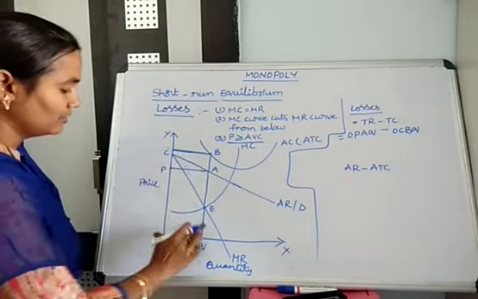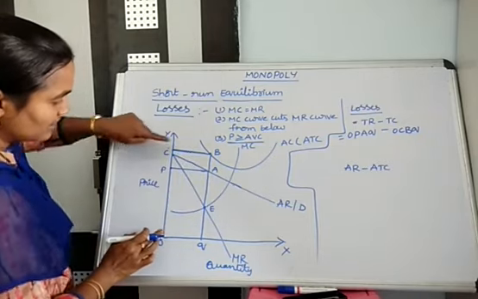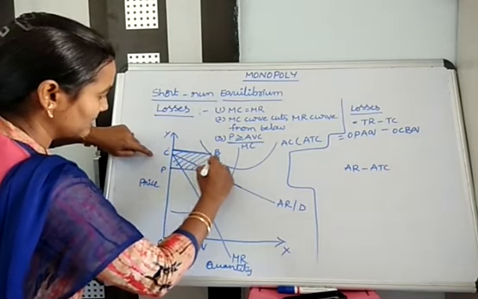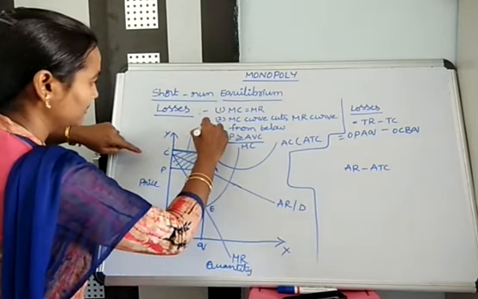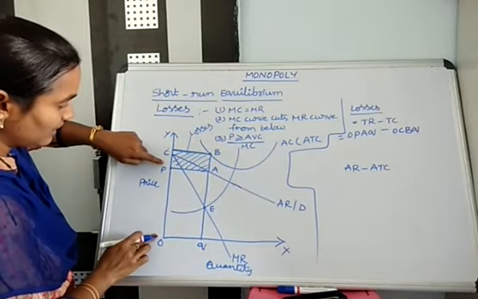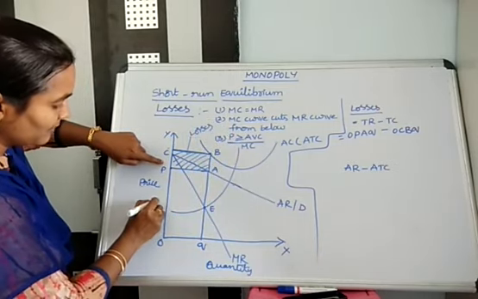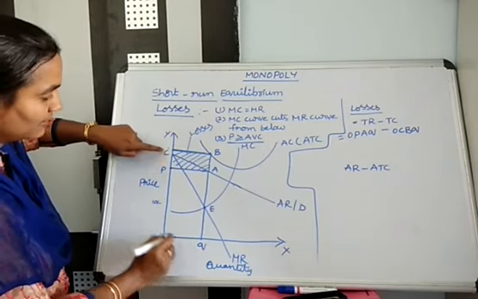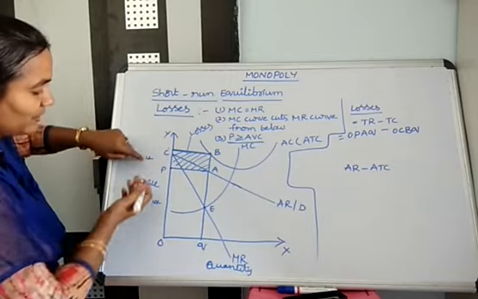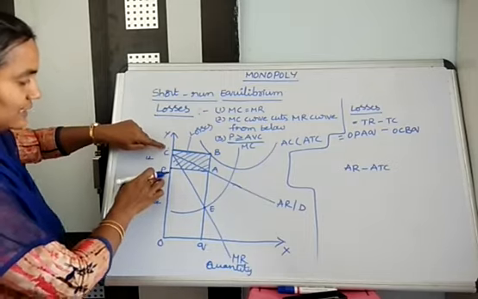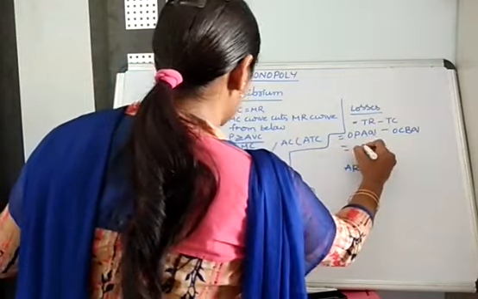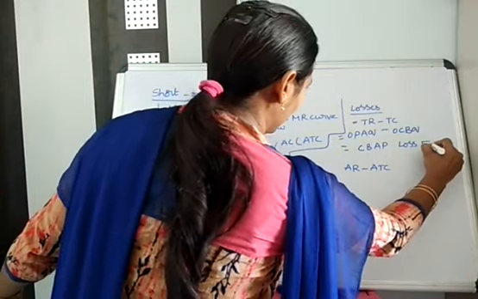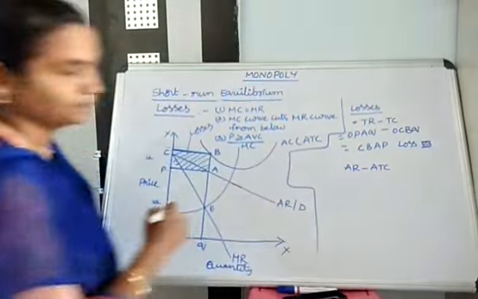Here, compared to revenue, the cost of production is more. The remaining part we are showing as a shaded area represents losses only, because compared to the price of the commodity, they are receiving 10 rupees per unit for selling 1 unit of output, but they are spending 12 rupees. Means 2 rupees is the loss only. This much loss will be incurred by the producer, that is the CBAP level, which we have shown in the shaded area.